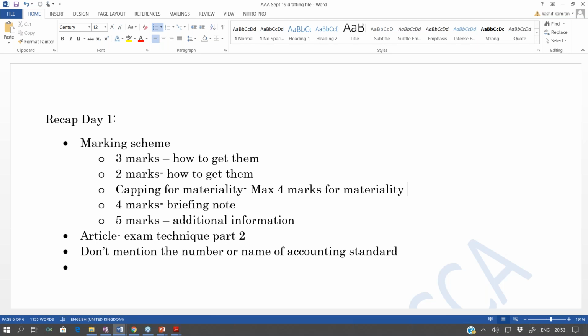So please ensure that you know the marking schemes, you know the examiner reports, and you know how to write the answers, because that is sometimes an area where we are normally weaker and perform weakly in the exam paper. Try to read the examiner reports of the last 3 to 4 exam sittings, so that you know exactly where the examiner is appreciating the students and where the examiner is criticizing